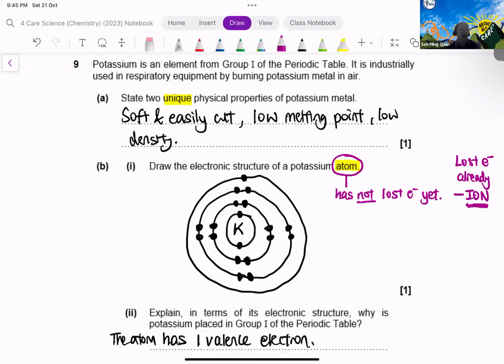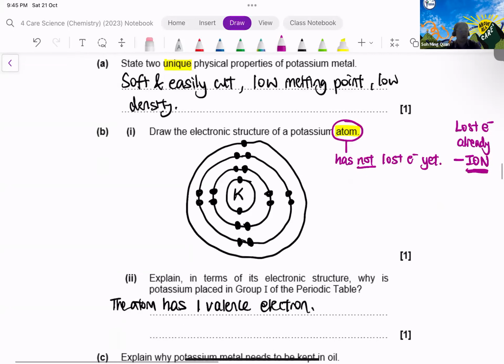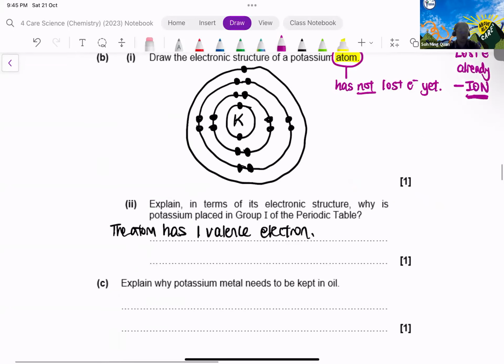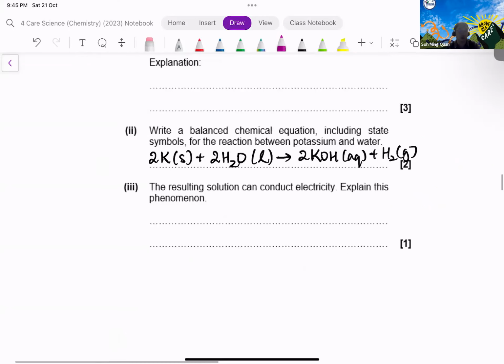Okay? Now, I shall leave it up to you to read the rest of the answers, which I've mostly filled in for you already. All right? Some of the answers I didn't fill in for you. We will continue tomorrow. All right? I don't want to continue too late. But I hope,